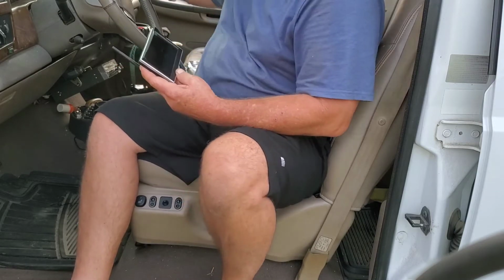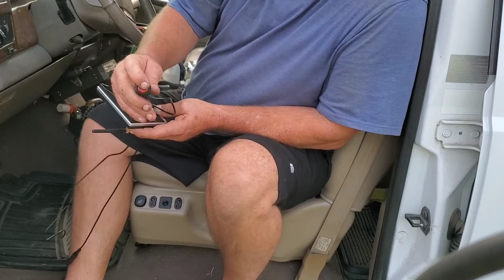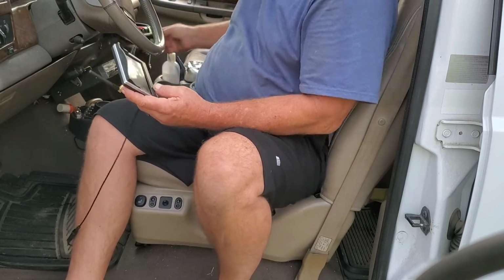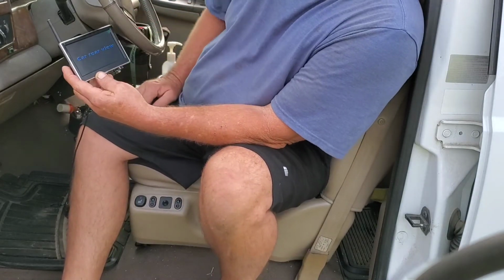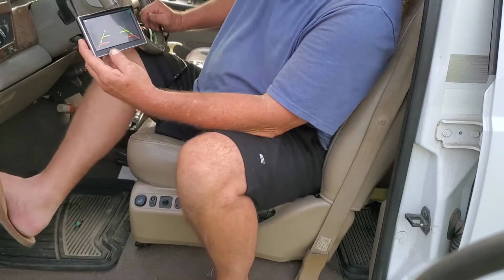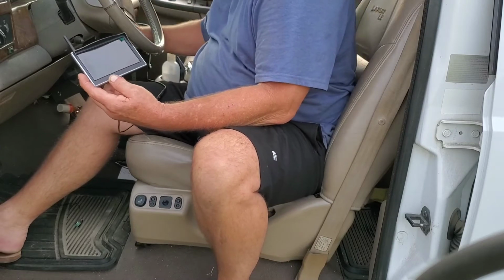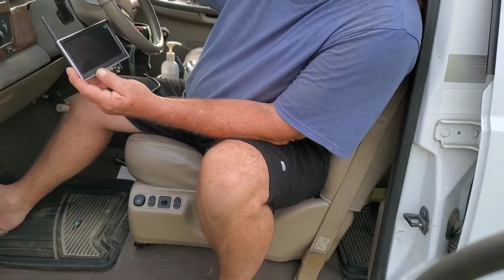Oh, I just discovered something. On the back of this, that's off, that's on. Okay, that's why it wasn't coming on. That makes sense. Car rear view, no signal. All right, let's set our brake and cut the key on and then put it in reverse,